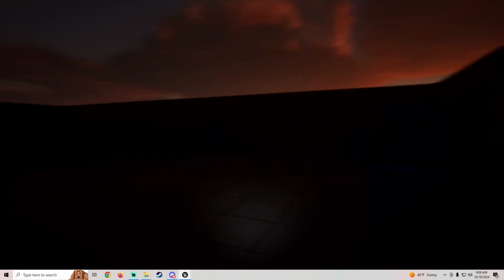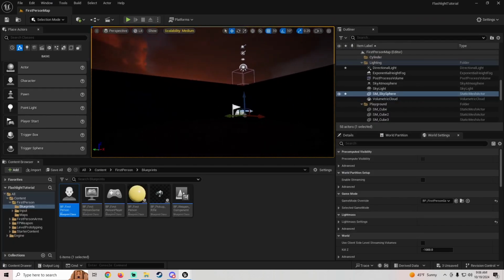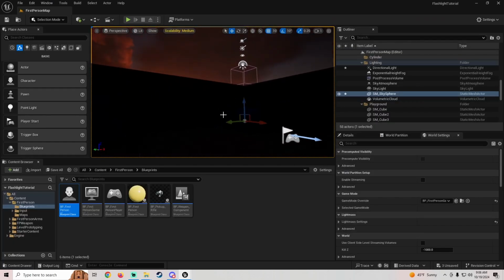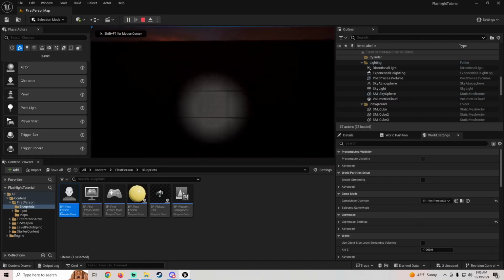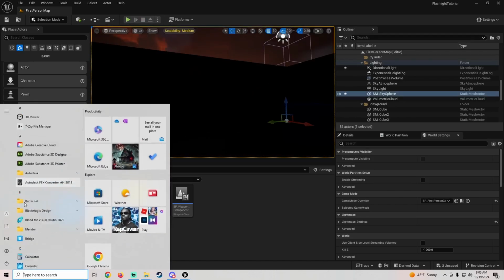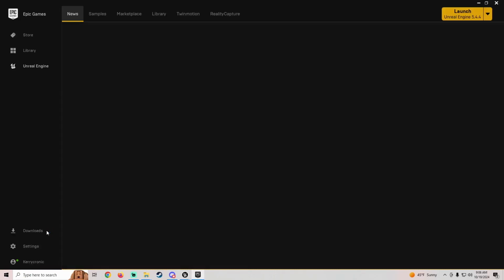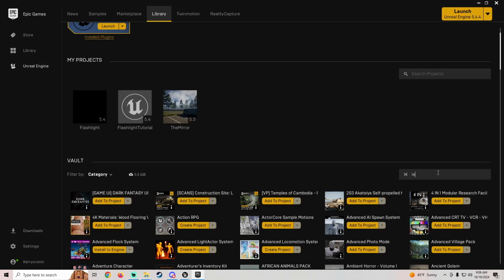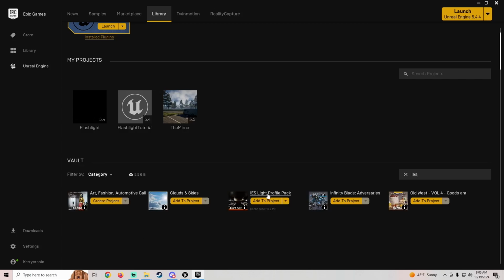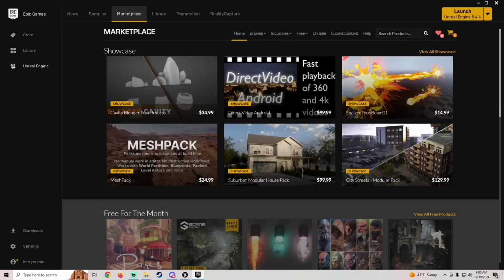Alright, so the next thing we're going to do is add an IES texture. As you can see, the way it is now, it's pretty bland. It's just pointing the light around. So we're going to go into the Epic Marketplace, and I'm going to show you what I use. If I type in IES, I have this IES light profile pack right here. This is a free one, so if you go into the Marketplace and search IES,